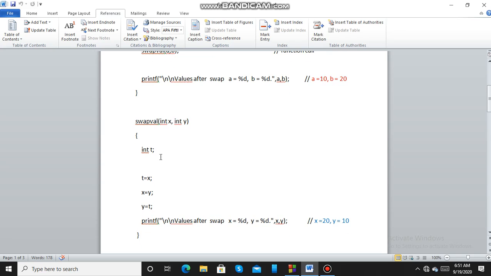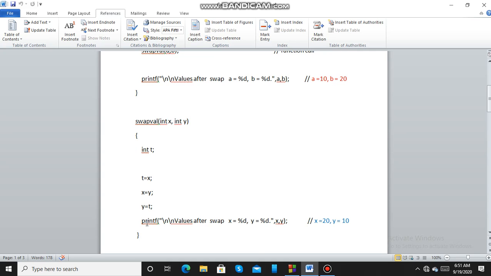This is a temporary variable to facilitate the swapping. Then the value of x, which is 10, I am moving to t. The value of y, 20, I am moving to x, so x becomes 20. And the value 10, that is the value of x which was in t, is moved to y, so y becomes 10. So x is 20 and y becomes 10.